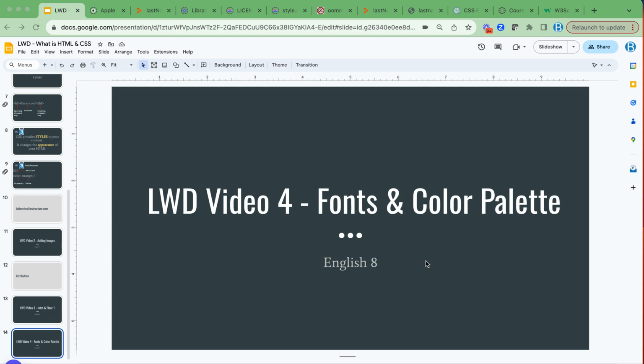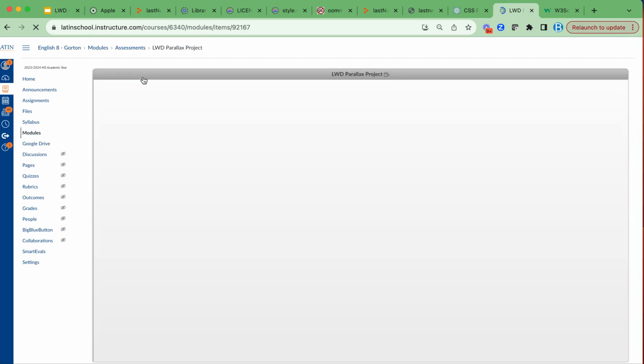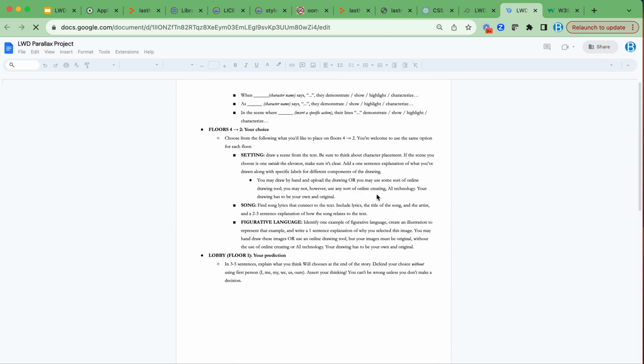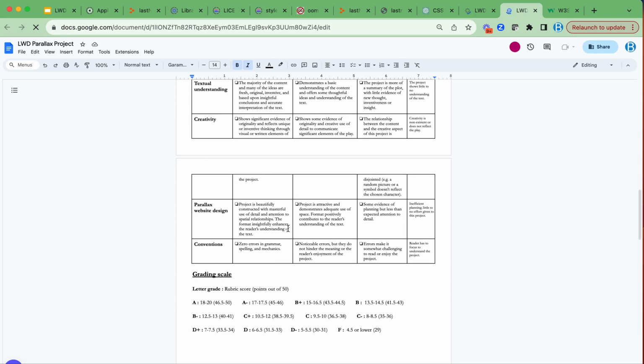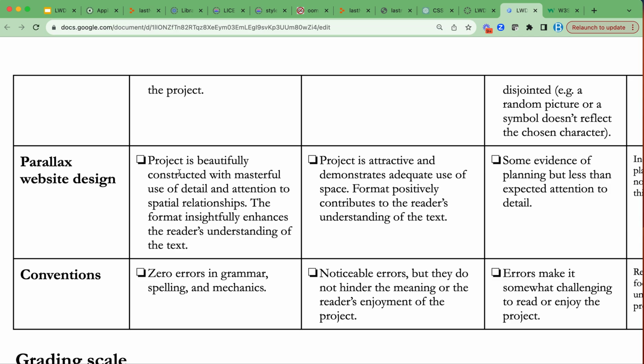This video is just an overview of fonts and color palettes. The reason why I bring this up is because if you look at your rubric, one of the areas in which you are evaluated on is just the overall web design layout. So again, looking at the layout of your rubric or of the web page, parallax web design, masterful use of